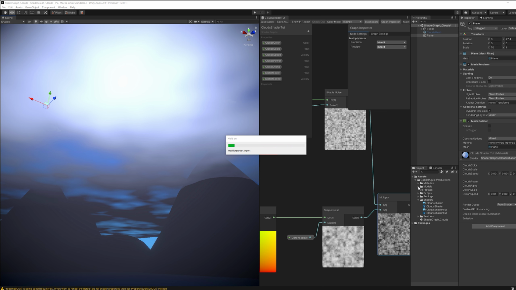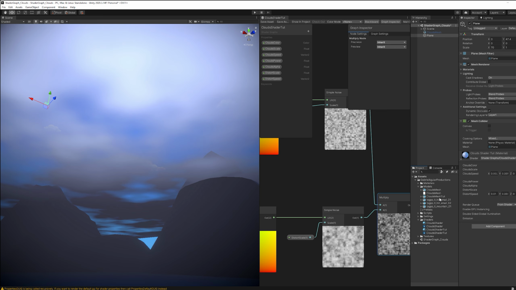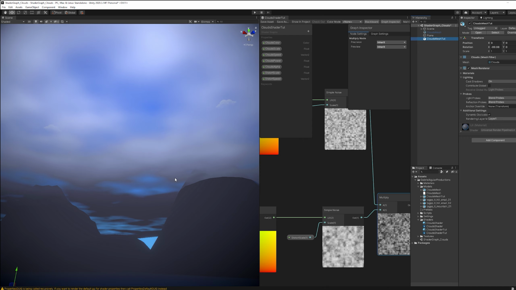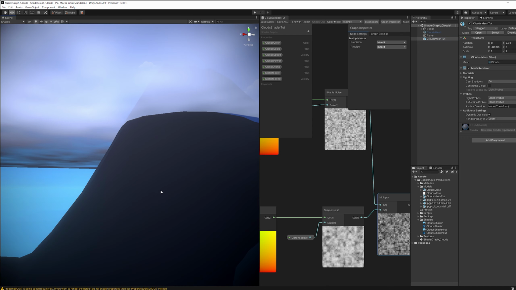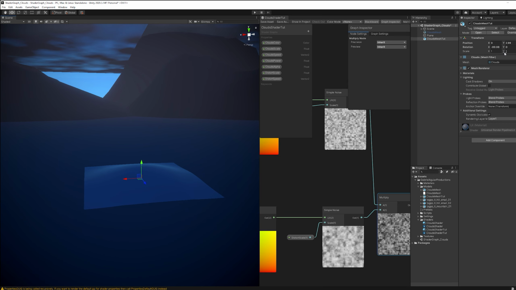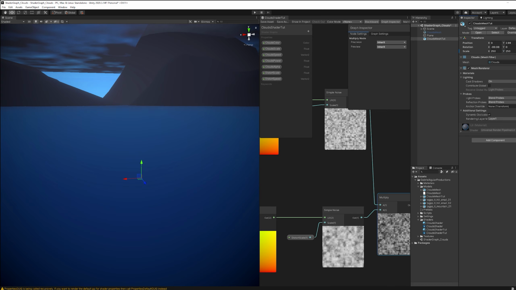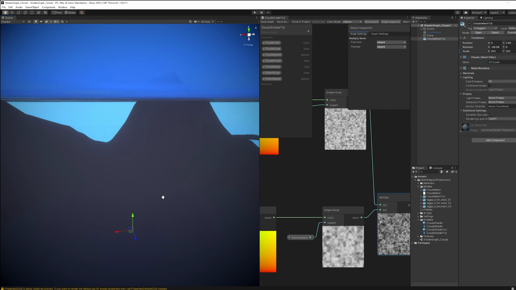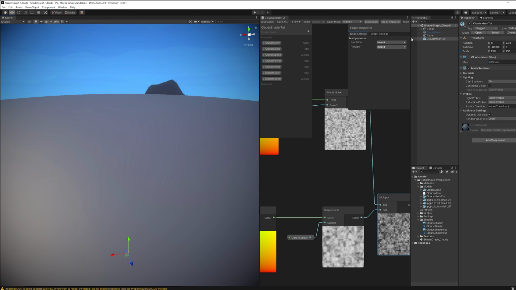In my case, I saved it to the Models folder, which is a folder I have created, and now we can drag and drop it to our scene. It's very small. I'm going to press F to focus on the plane and increase the X and Y to 250 and the Z, in this case, to 250 as well. Let me just remove the other plane